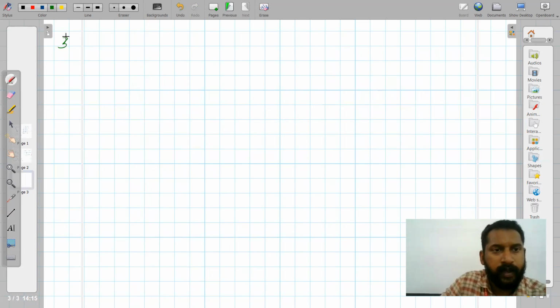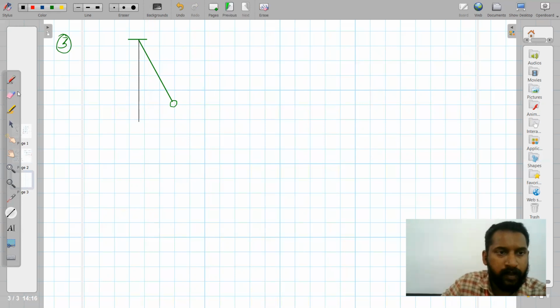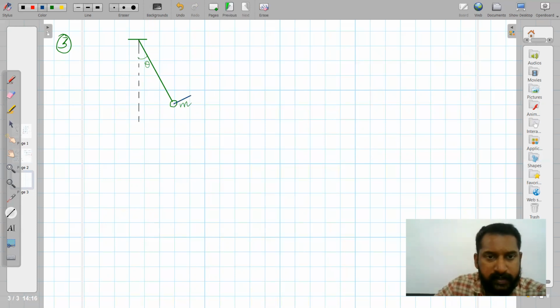The third approach is the Hamiltonian approach. Again, in the figure, what you need is the same as for Lagrangian. You have a string, a mass m is attached to it, and you have this vertical. The mass is at an angle theta. Here also, what you have to mark is the velocity and the position with respect to the equilibrium. And this is L theta dot. Again, this is L minus L cos theta.